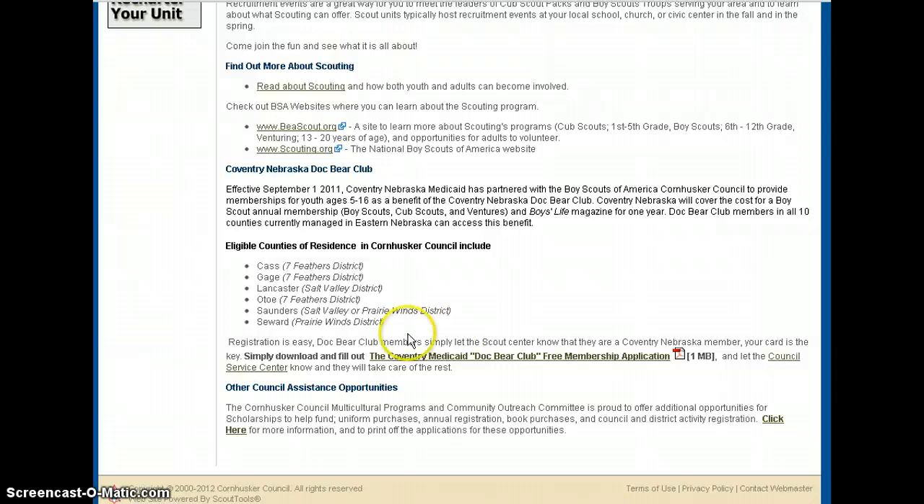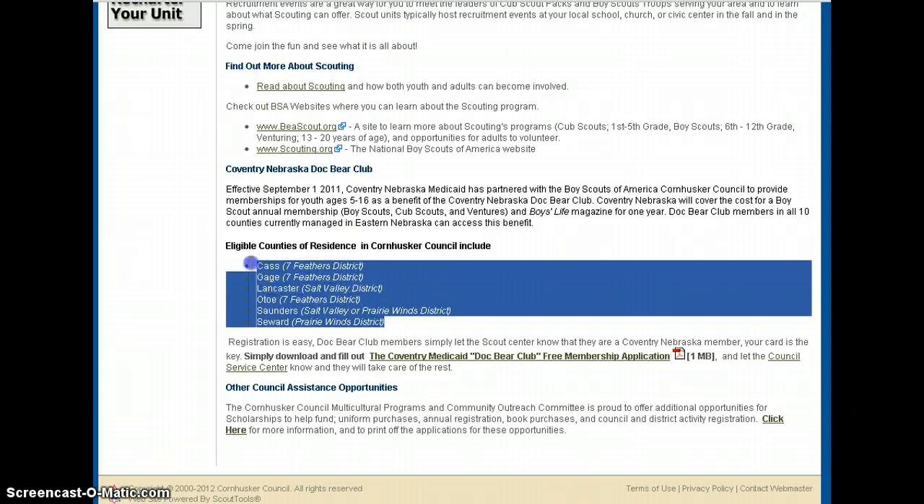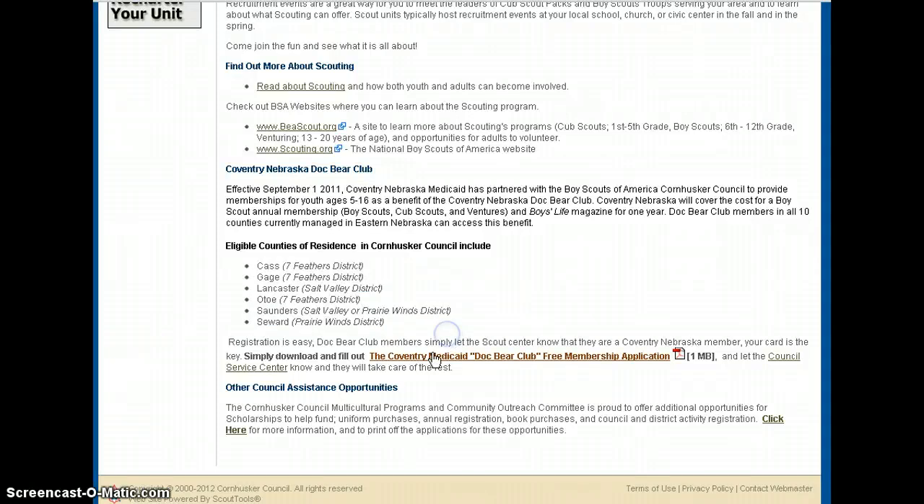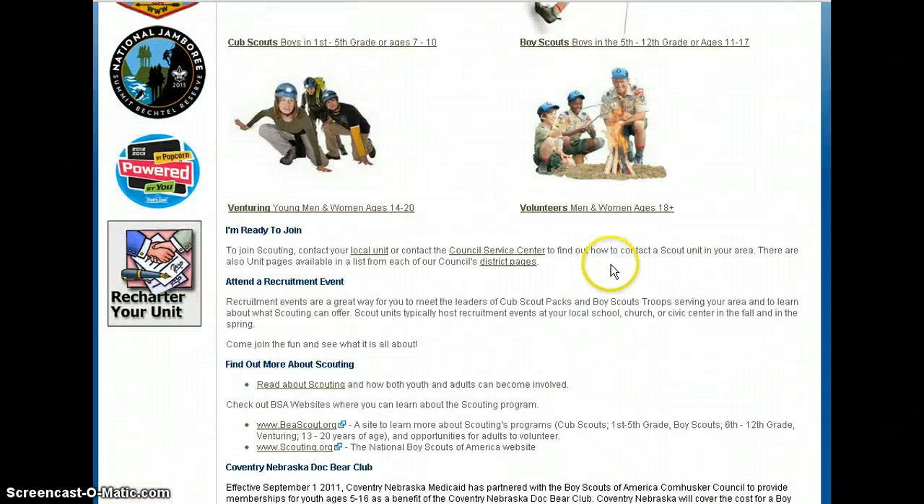Now, we'll point out that this website is not current, as this text that I just highlighted is out of date. Coventry of Nebraska is, as of recording of this video, a statewide program, as is the Doc Bear Club. So if you have anyone who is a Doc Bear Club member, they get scouting for free. All they need to do is fill out this application that my cursor is currently highlighting, and that needs to be submitted to the Council Service Center for them to be able to receive that free year of scouting and